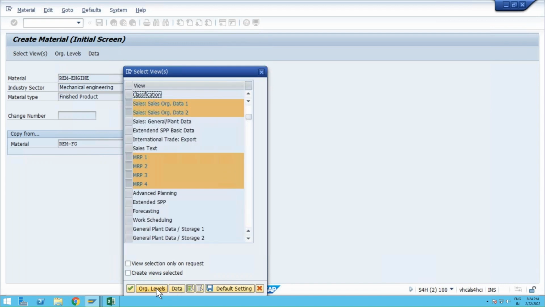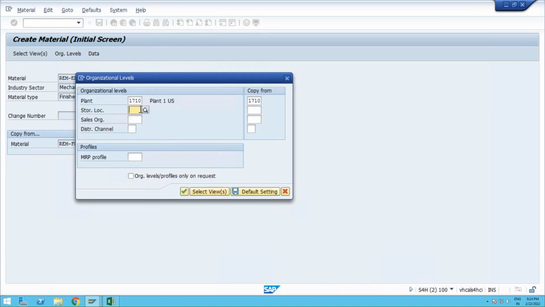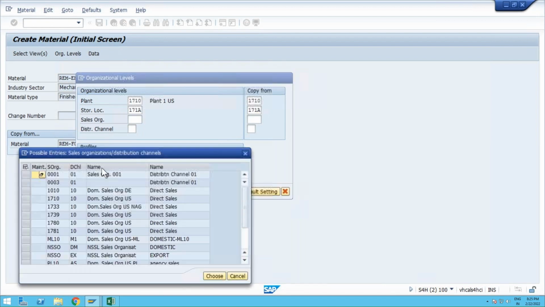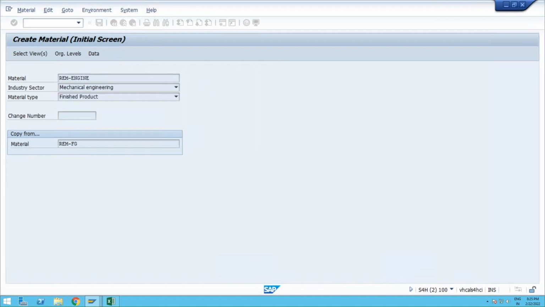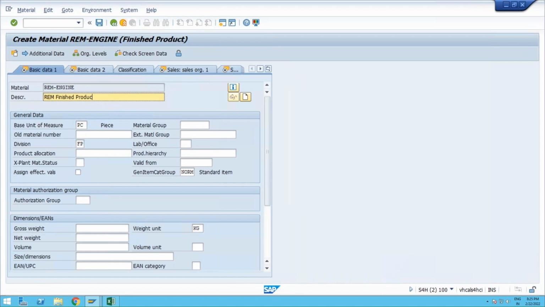Organization levels. We have 17(1)(a) for finished good. REM-engine. So in basic data 1, we don't